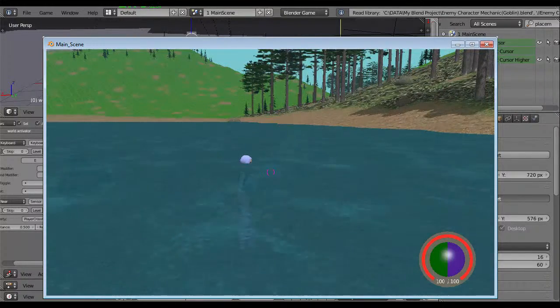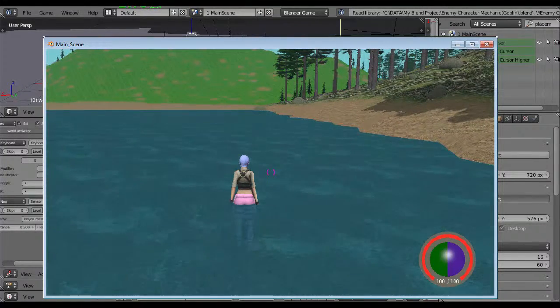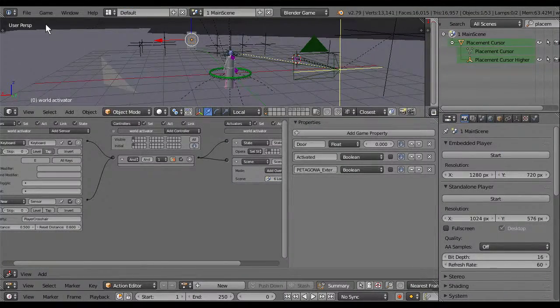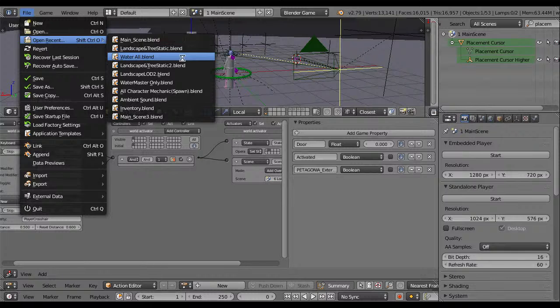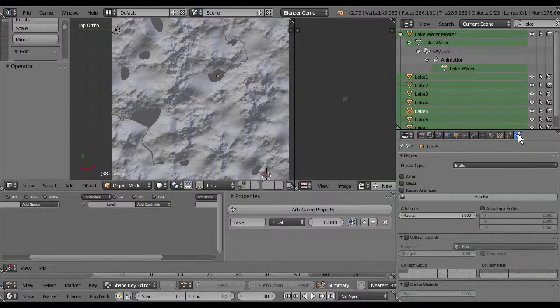Nope. I think the physics is an issue. An actor. Forgot. All I added is a collision mass in the previous file.